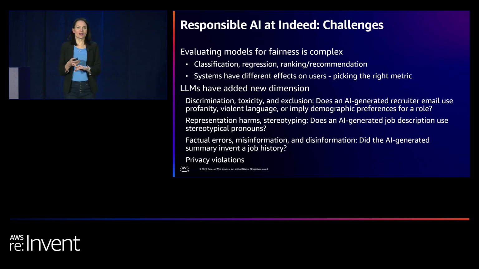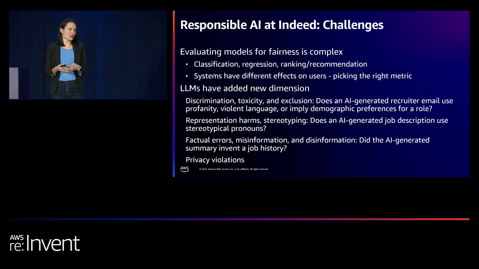And so this is a complex process. Evaluating models, there's all sorts of different models. There's your traditional binary classification problem, which historically in AI ethics has received all of the research and the attention. On our platform, we do a lot of recommendation and ranking. There's also scoring, where you could have a simple regression model. And so all of those different types of models need to be evaluated differently.